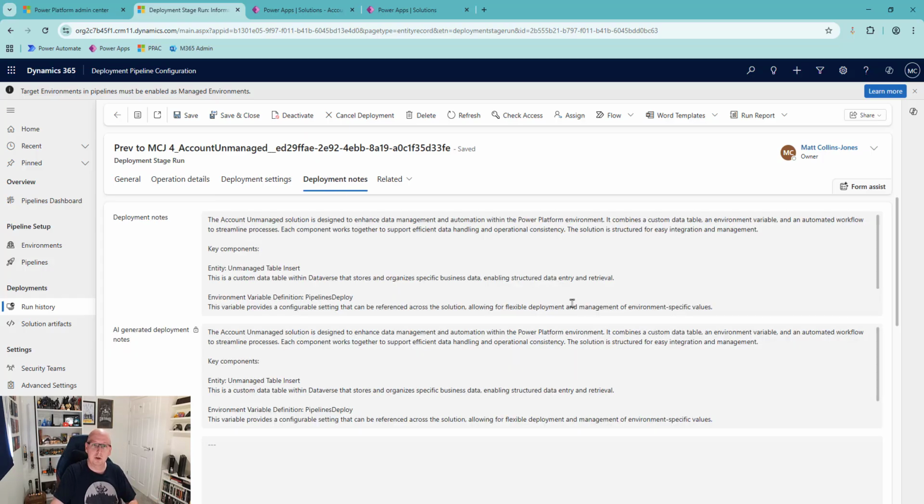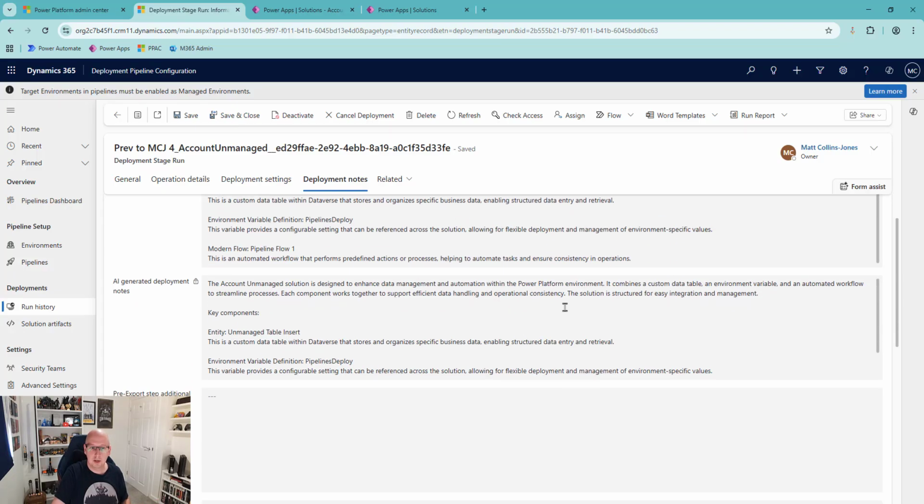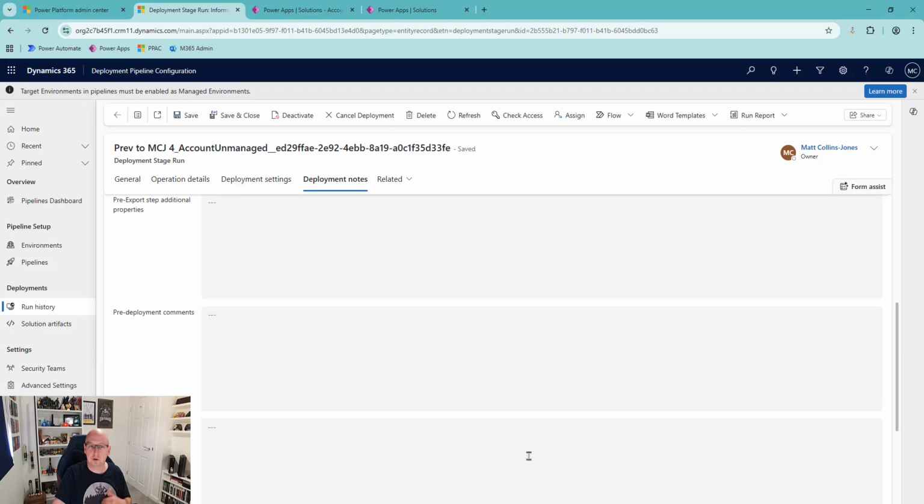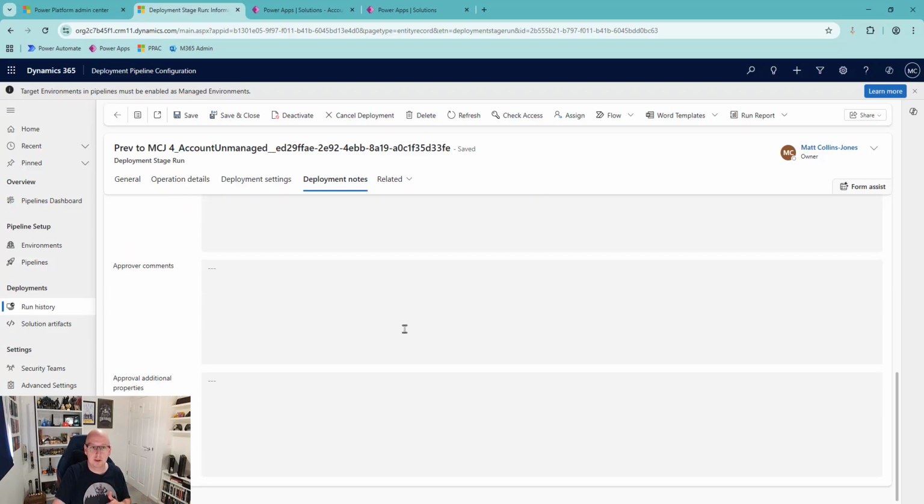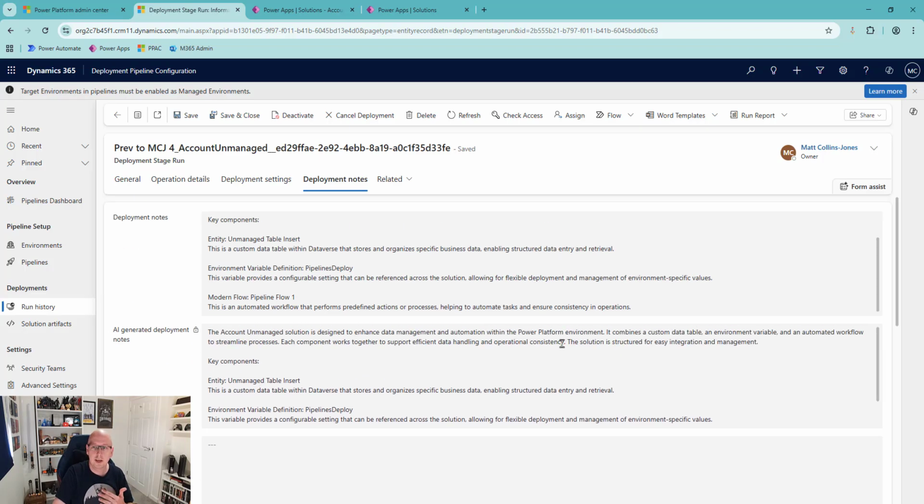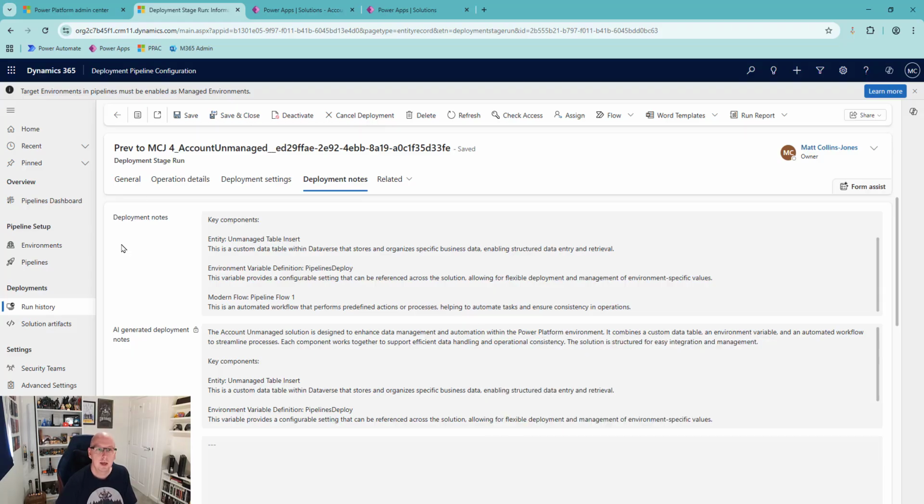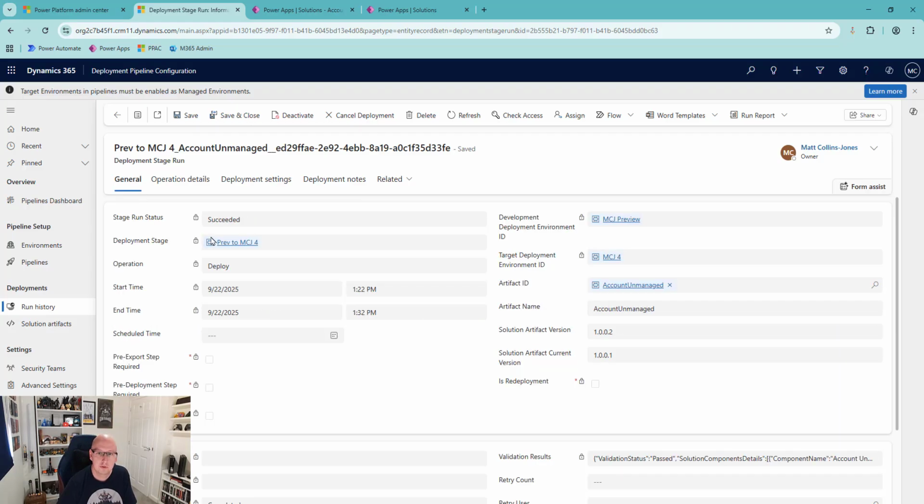Next, we have our deployment notes. So those AI-generated deployment notes, we've got all that information in here. And we also have a box here for pre-export steps, additional properties, and other things here, approval comments, etc. So there are loads of other things in here that we can make use of, and we'll see in future videos. If I go back to that general tab and then click on the artifact name,